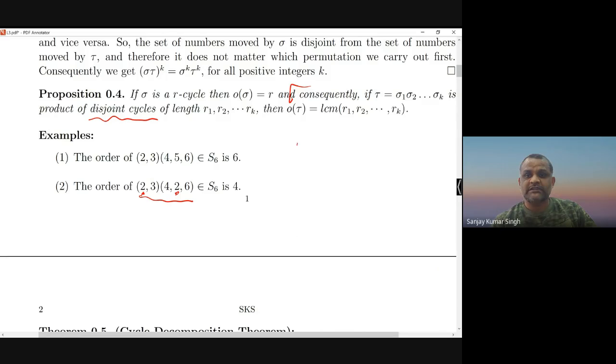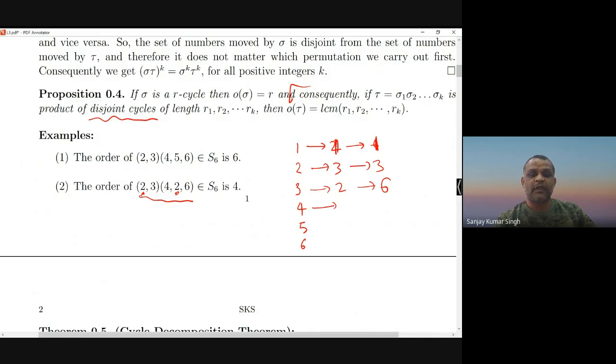I will first write what happens to 1, 2, 3, 4, 5, 6. So 1 is going to 2 and 2 is going to 6. And here 2 is going to 3 and 3 is going to 3. Again 3 is going to 2 and 2 is going to 6. Oh sorry, here some mistake is there. 1 is going to 1 and again 1 is going to 1. 3 is going to 2 and 2 is going to 6.